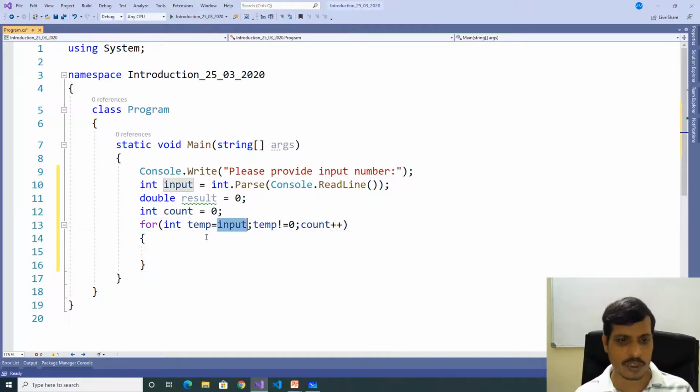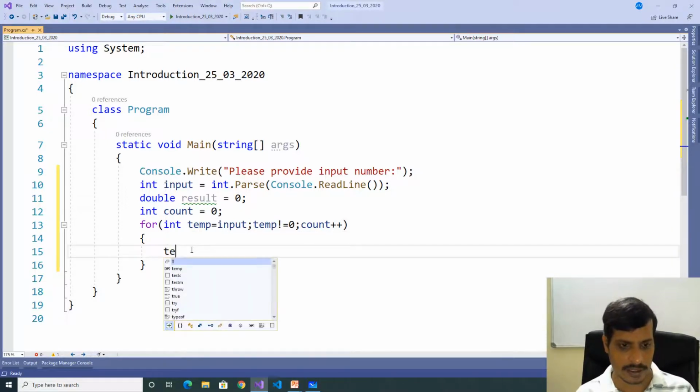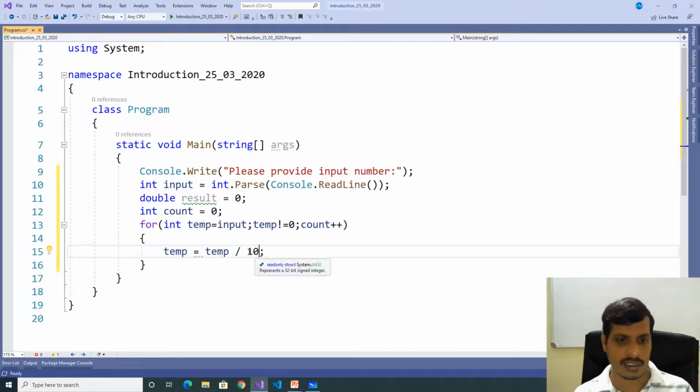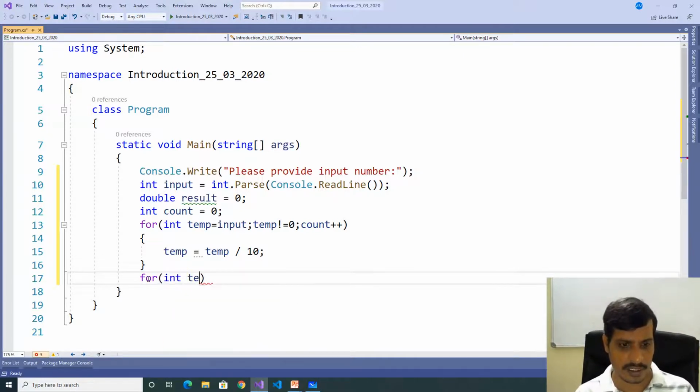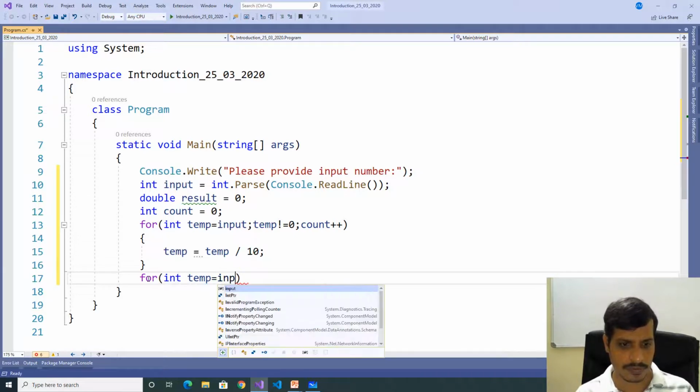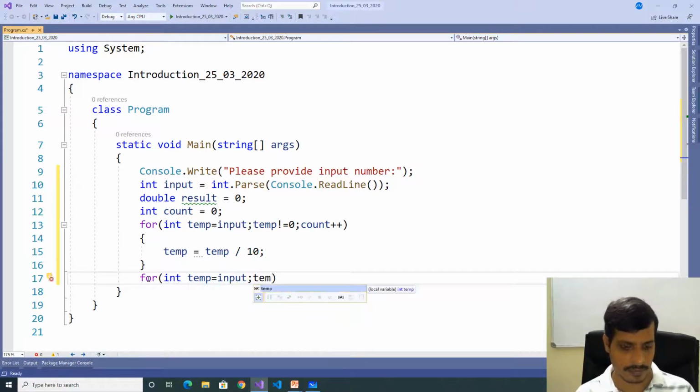Here we are assigning the input value into a temporary variable. Later we are checking temp not equal to 0. Here temp equal to temp divided by 10. We are using the division operator to get the count of individual digits. Later we need to declare one more for loop to calculate the sum of powers of individual digits. For int temp equal to input, temp not equal to 0, temp equal to temp divided by 10,